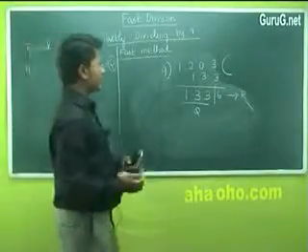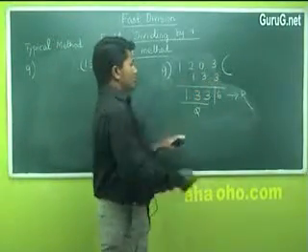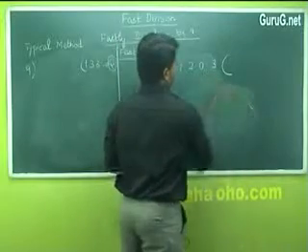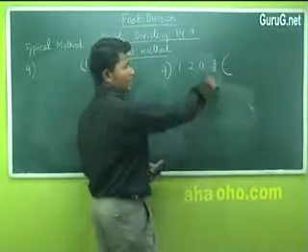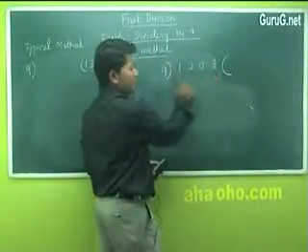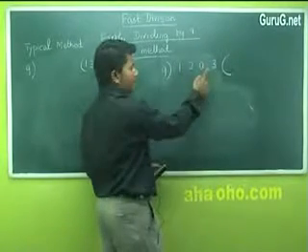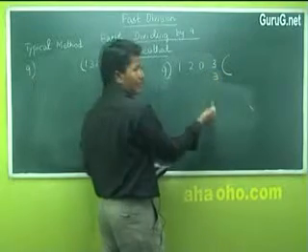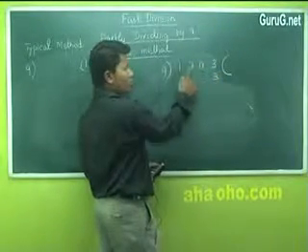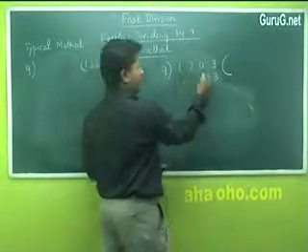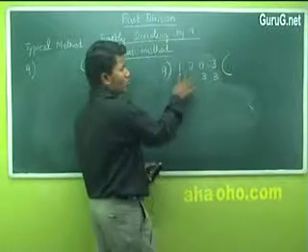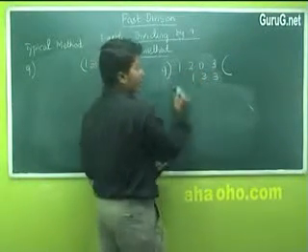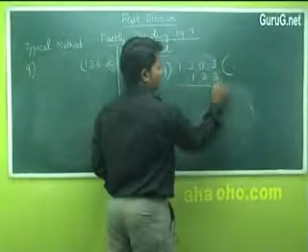I will explain it once again. 1203. So take the last number, it is 3. There are 3 numbers before it. Just add them: 0 plus 2 plus 1, 3. Place 3 here. Now take 0. There are only 2 numbers. 1 plus 2 is 3. Now take 2. There is only one number. Place 1. 3 plus 3 is 6.